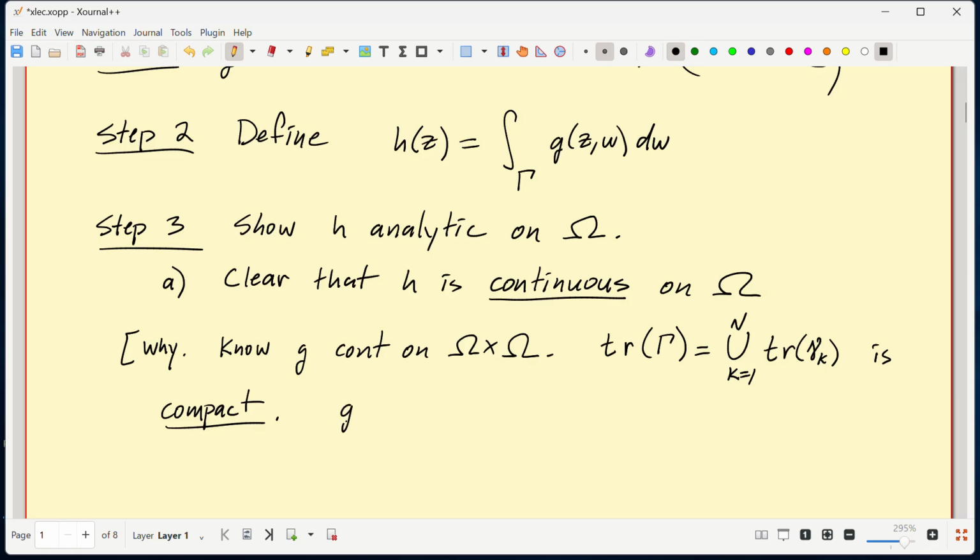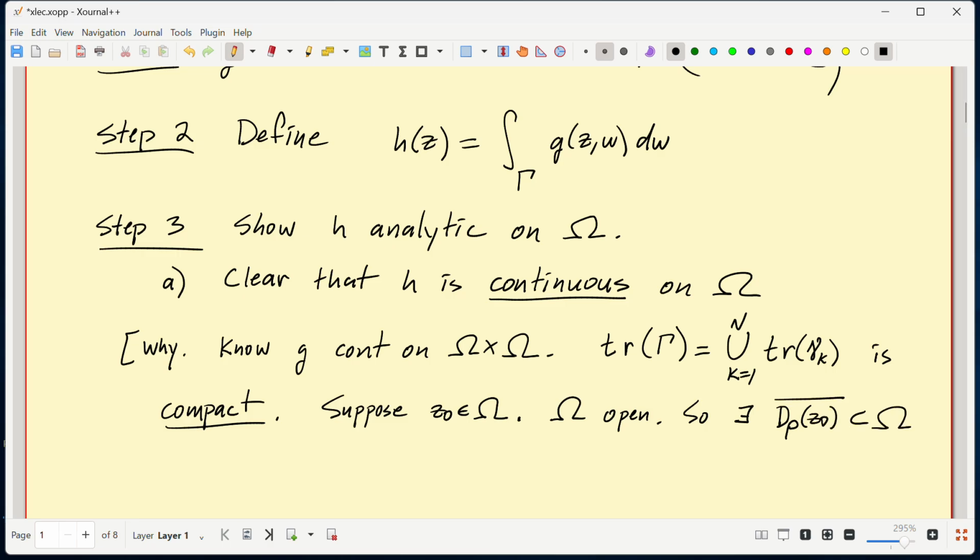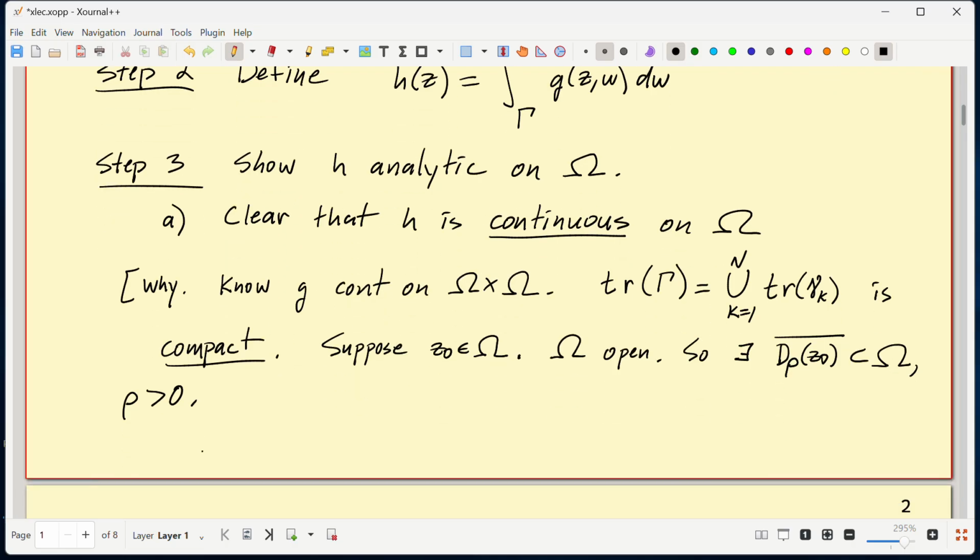And so G is continuous. Let's take a point, suppose Z naught is in omega. I want to show it's continuous at Z naught. Well, omega is open, so there exists a disk of radius rho about Z naught, closure contained in omega, with a positive rho. And now we have G is continuous